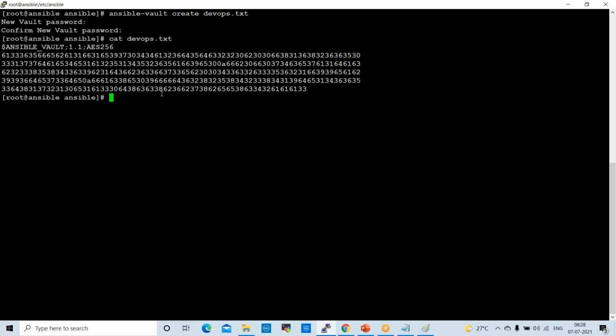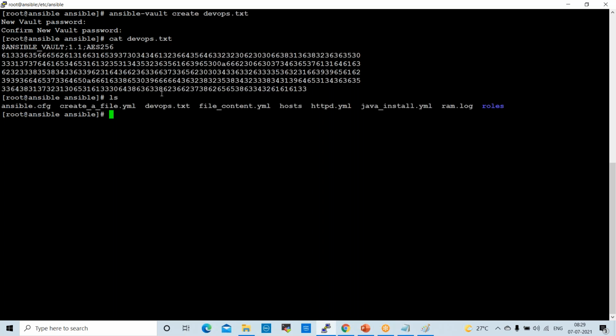It is showing in encrypted format, right? So normally they cannot read the data available inside of the devops.txt file, because we have converted it into vault.